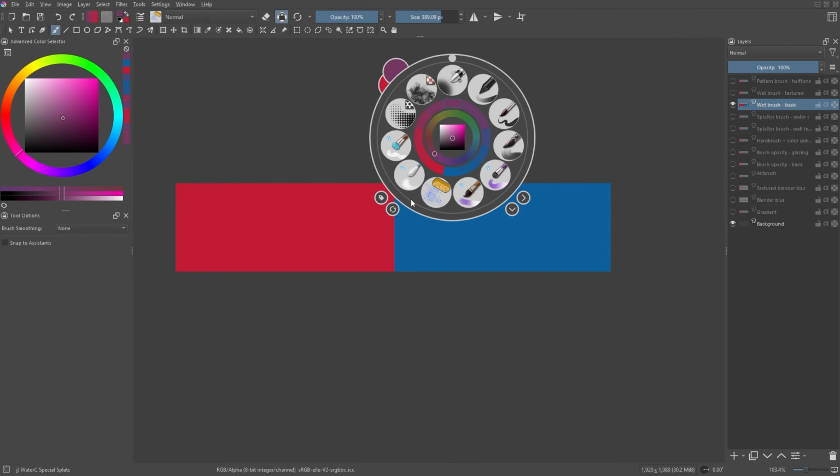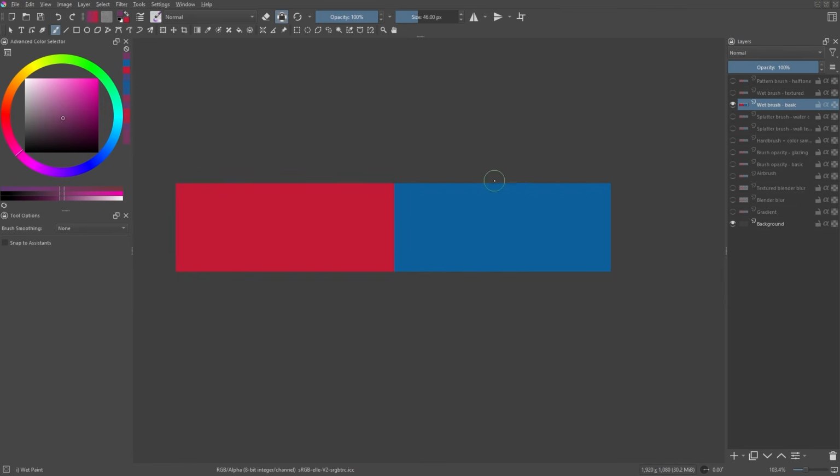At this point, you might be wondering, so what is the difference between the wet brush and the Blender blur presets? The difference is that the Blender blur brush presets cannot contain color. They can only mix existing colors on a canvas without adding new ones. So, whatever color is active, it has no effect if you use the Blender brush presets.